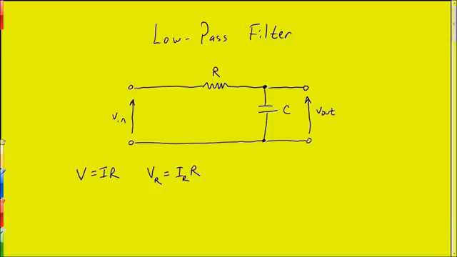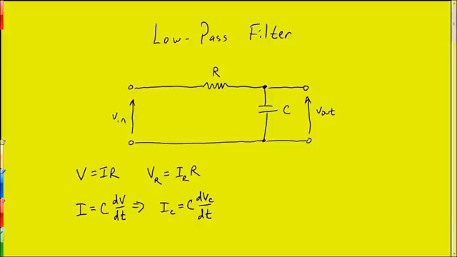For a capacitor, the change in voltage is related to the amount of current flowing through the capacitor. In particular, for a capacitor, the current is equal to the capacitance times the rate of change of the voltage over time. If we call the voltage across the capacitor V sub C, then I sub C, the current through the capacitor, is equal to the capacitance times dVc